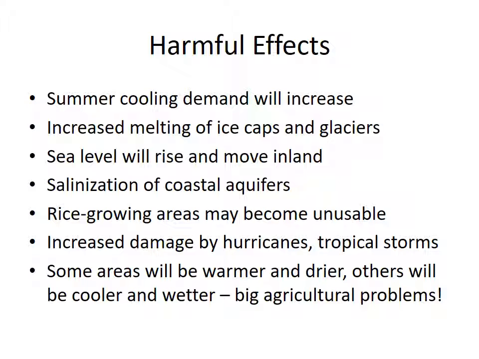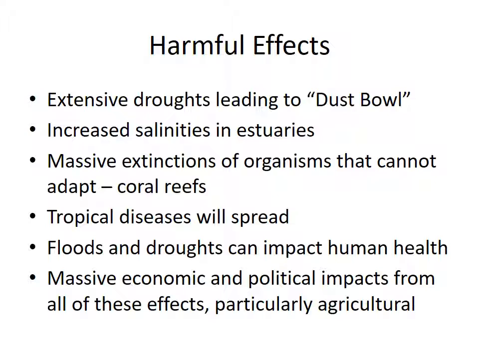And it's going to greatly alter how we do agriculture. We expect that the Midwest of the United States will become a dust bowl once again. Estuaries will have an increase in salinity, which will decrease their effectiveness as nursery grounds for growing animals. There will be massive extinctions of organisms that cannot adapt to climate changes, with coral reefs we believe being one